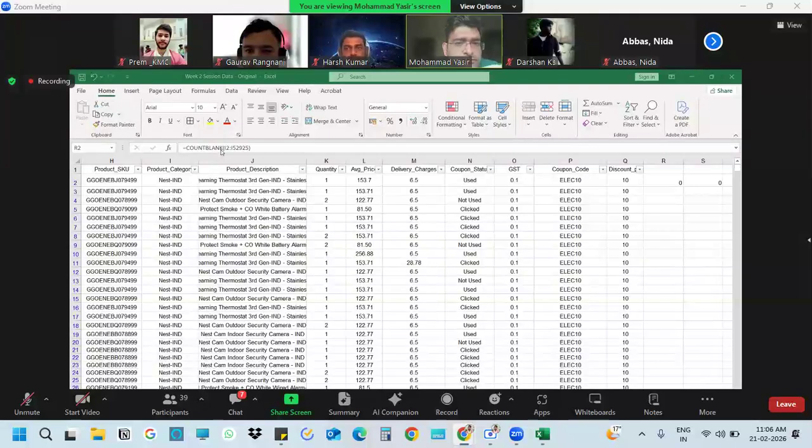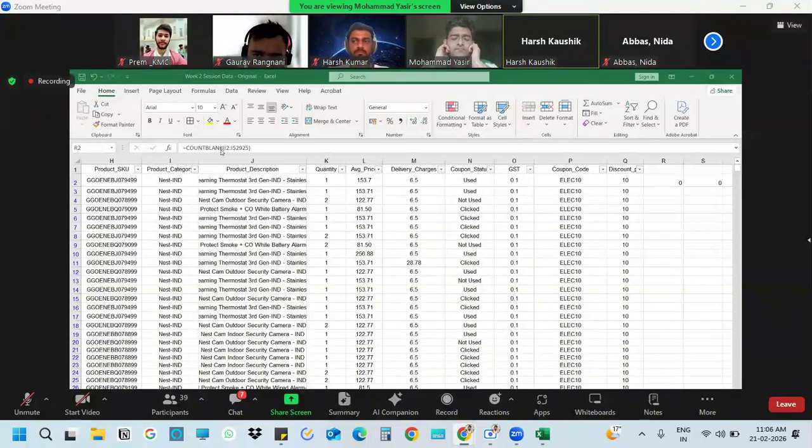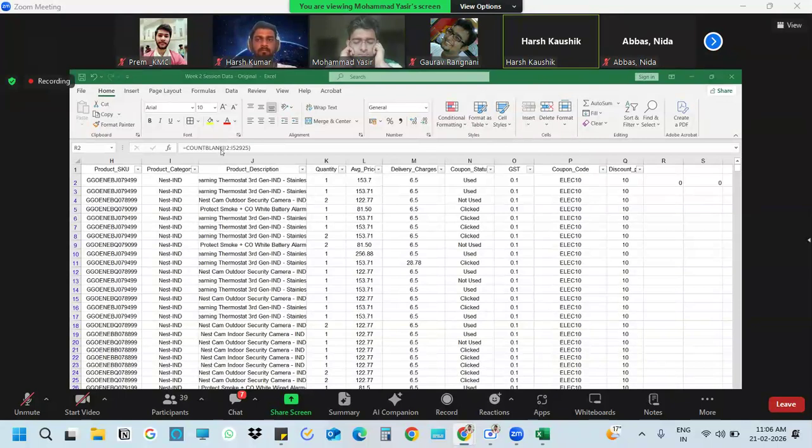Harsh, you had a question? Yeah, so I was just thinking that as our primary requirement for this data is transaction ID and customer ID, we can create a different sheet where the transaction ID and customer ID values are not blank, meaning they are as per our requirement and as per our constraints, and then we can filter out other options from coupon code, discount, GST if all of the other values are blank.